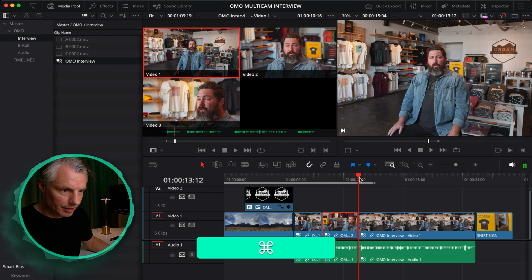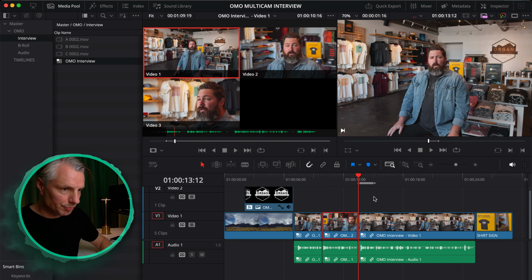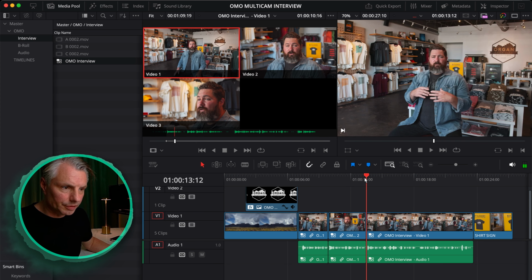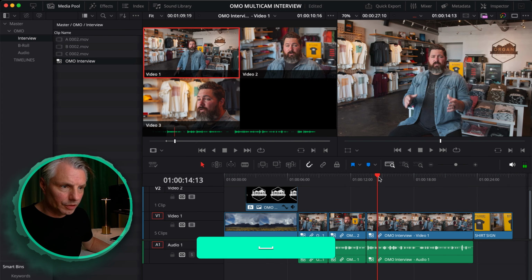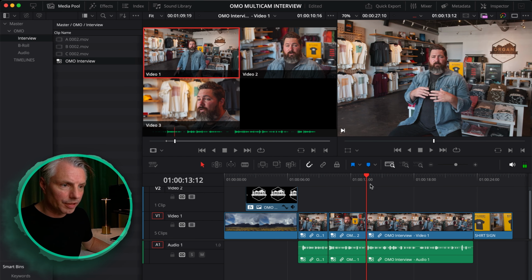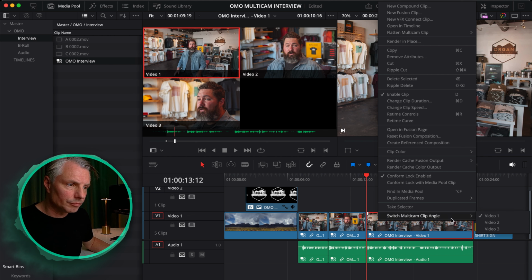Again, I'll make an in and out. I'll hold Command down to jump to the beginning of the clip, Shift Delete to remove the clip. All right, cool. That is actually an okay edit, but what I could do again, I could change my angle